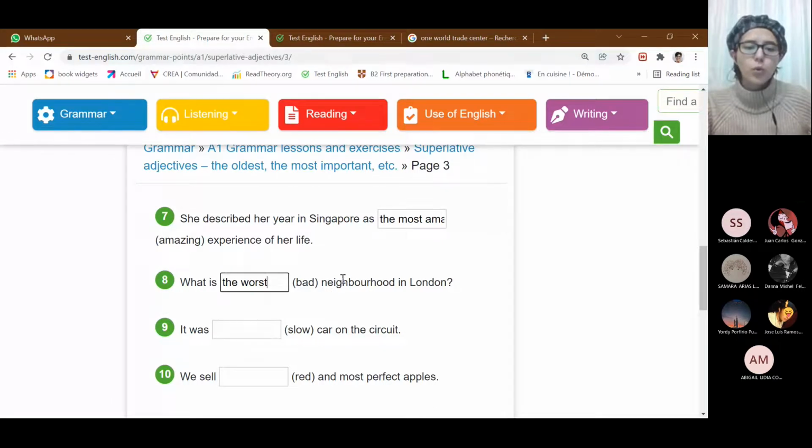So what neighborhood in Santa Cruz? What is the worst neighborhood in, I don't know, you change the city that you want here. The worst,